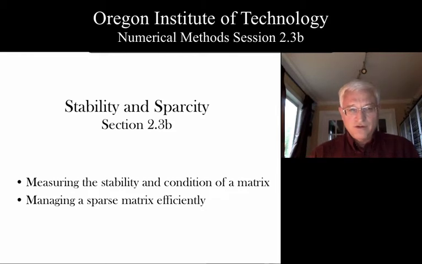We're going to introduce something called the condition number that will tell us how bad a matrix actually is. The condition number can be anything from 1 to an arbitrarily large number. And the bigger the number is, the more unstable or the more singular-like your system is going to be.